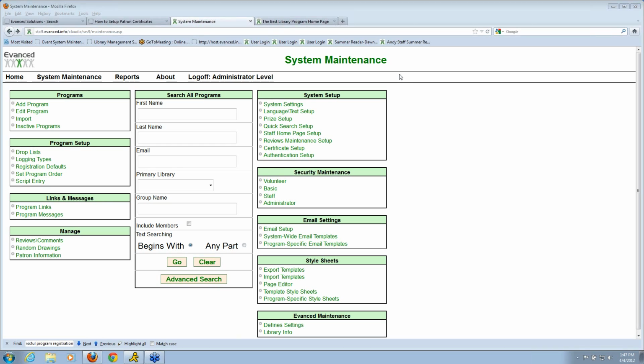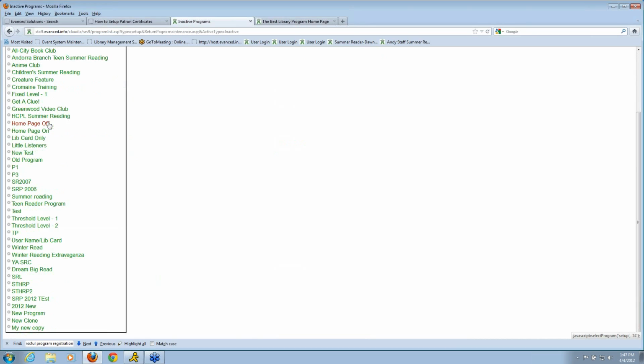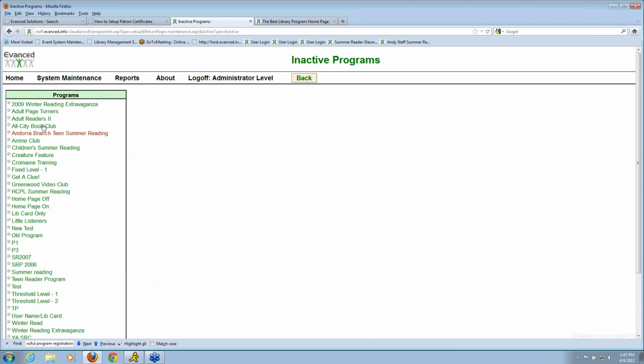Good questions, everybody. Again, if I tabled any of your questions and I don't get to it by the end, re-ask it, okay? Let's deal with programs. All right. First, I'm going to show you how to edit a program or bring a program back from the past. If you've used a program before and you've made any of your programs inactive, they'll show up in the inactive programs list, and you can just click on them